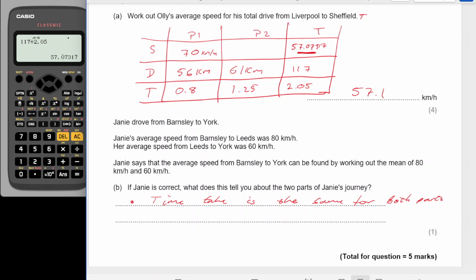And that will be absolutely fine for your 1 mark. There is a second answer, very rarely done though. So in theory, it kind of builds on the fact that